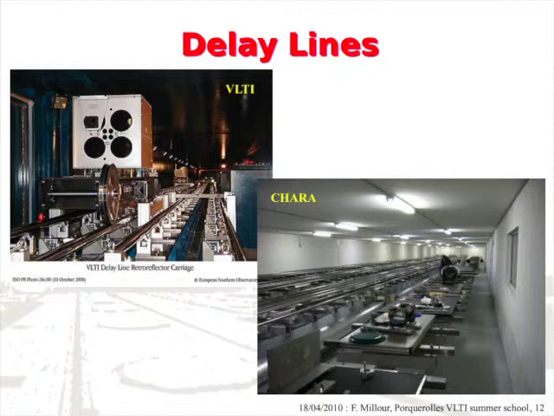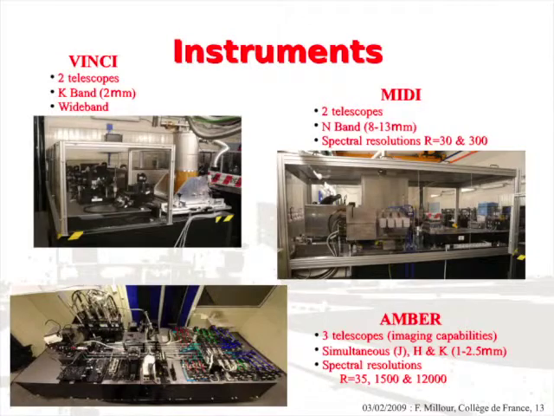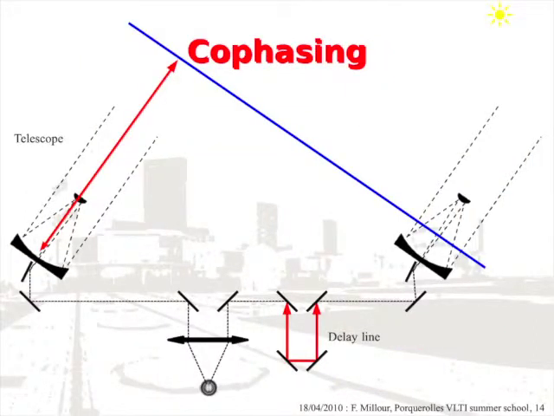46 meters long. And for the instruments, since it's a VLTI school, I show the VLTI instruments here. You have this one which is not working anymore, but you will probably read a few papers about it. It's VINCI, which was combining two telescopes, MIDI combining two telescopes, and AMBER, 3 telescopes, but I think that Antoine will talk more about this in the specific VLTI talk.